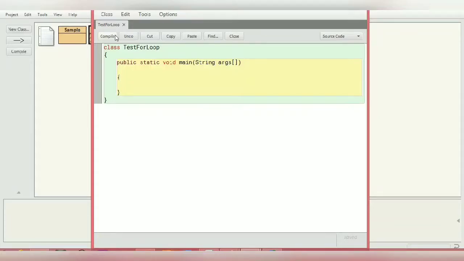I'll explain in detail what the different types of loop are and also how the for loop works. For now, let us understand the basic structure. For integer i equals 1, that means our counting will start from 1. i is less than or equal to 10 means it will go till 10. 10 times the loop is going to run, and every time the loop runs, i will be incremented, i++.